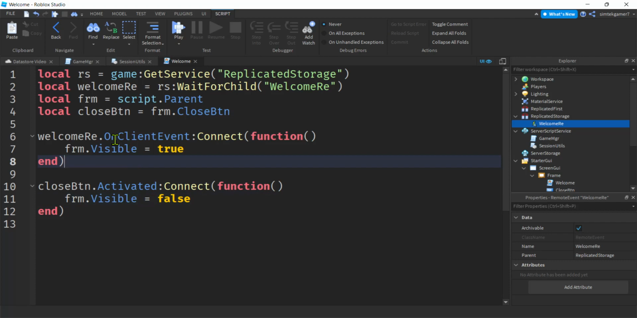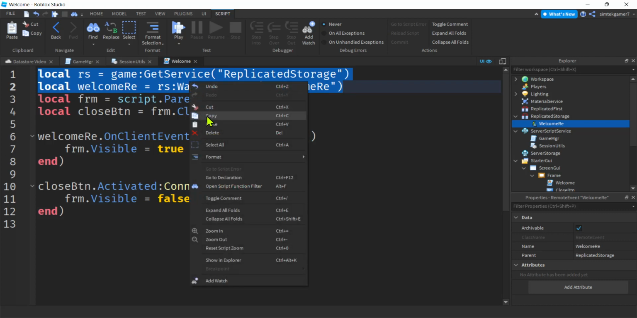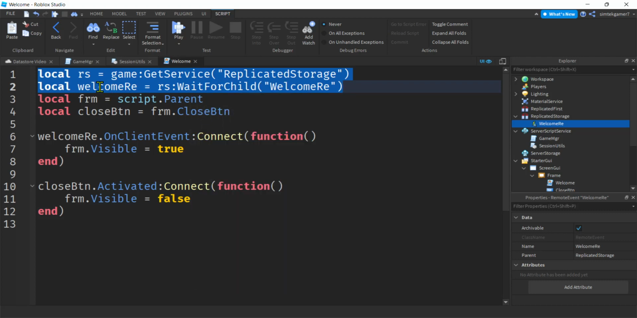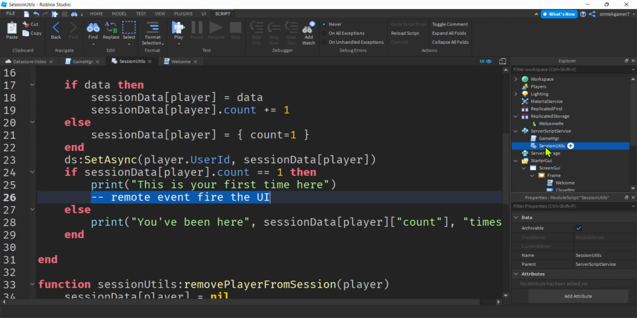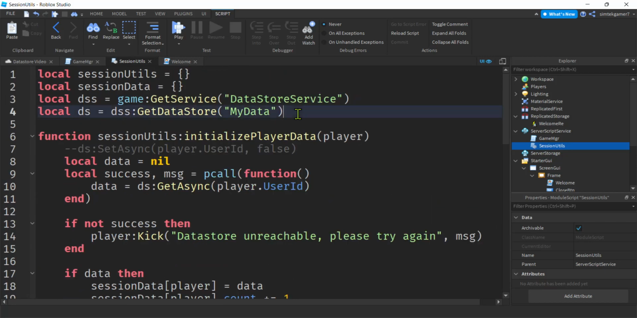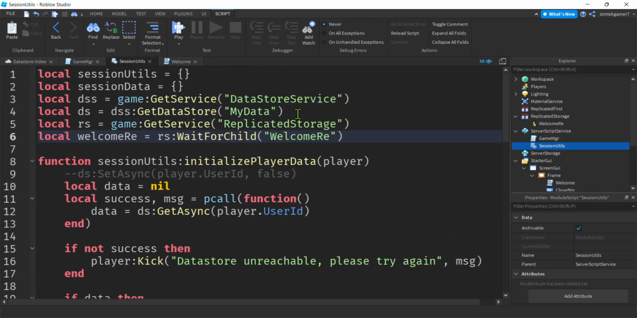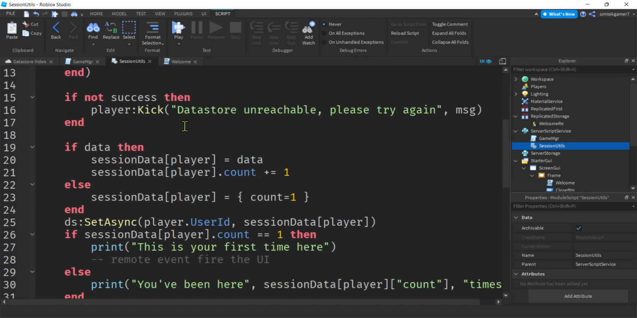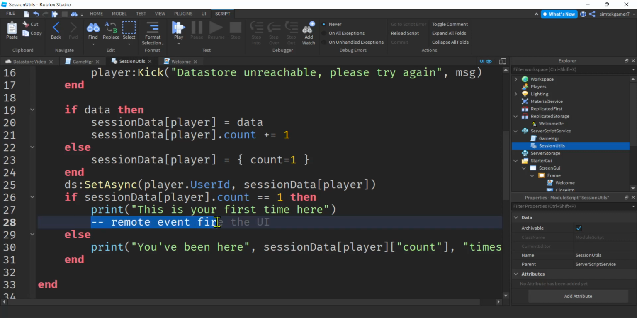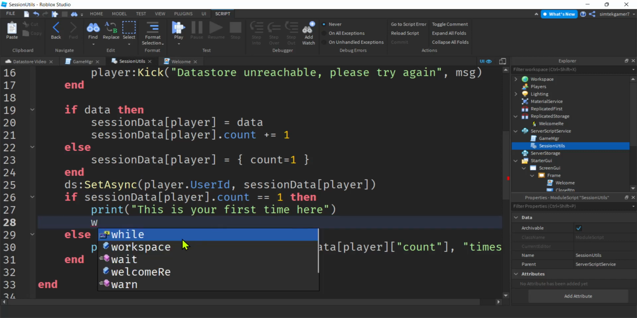Cool, but we didn't do anything on the server side to actually fire this off. So let's go ahead and copy this right here. I meant copy, not save. Copy that. Let's go to our session utils over on the server. That's the module script. See that little Lego there? We can go ahead and put our references to replicated storage and the welcome RE right in there. Let's go down here, get our welcome RE,